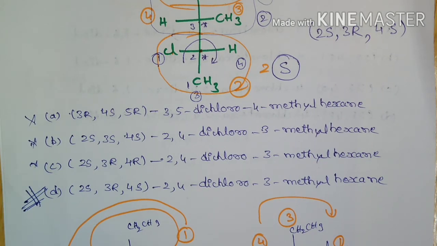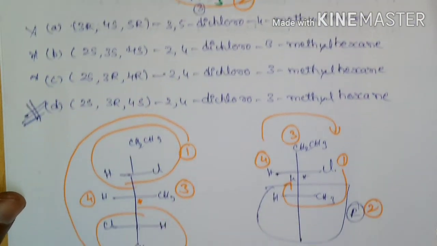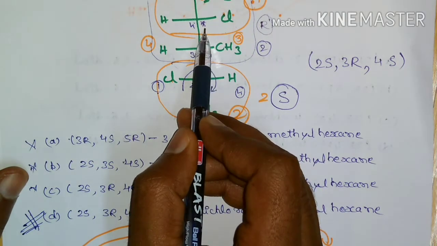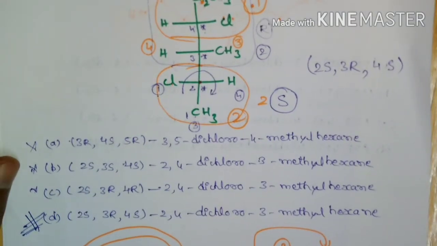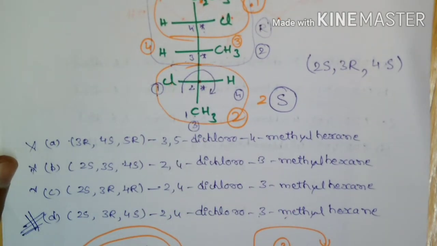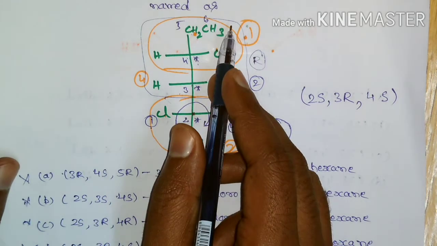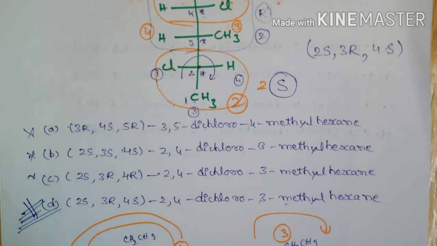By looking at the configuration we can decide if there is no other option which is similar. Here in this case this is the only option based on the configuration, but we will check with the IUPAC nomenclature also. The nomenclature is 2,4-dichloro. So 2 and 4, the dichloro are the substituents, and at the third position a methyl group is present, and it is a completely saturated compound having 6 carbons, so hexane. So this is correct.